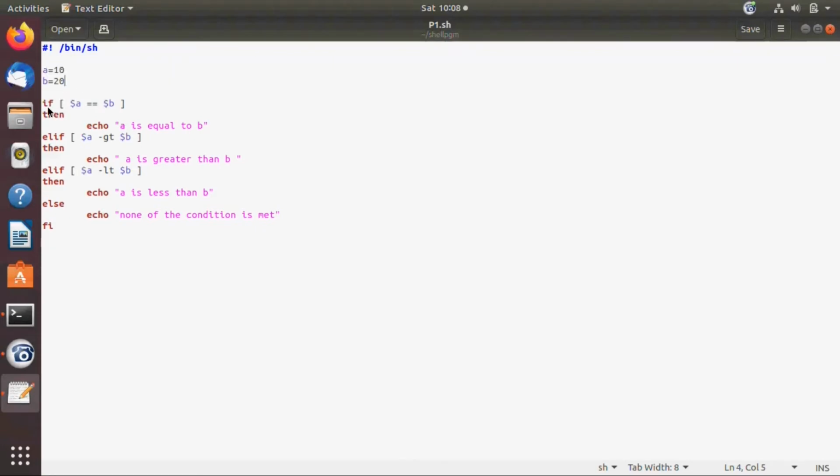After that you are using the if condition. You use the if keyword and the condition you have to check inside the square brackets. If $a is equal to $b and it is true, then echo a is equal to b will get executed. If it is not equal, then else if. For else if you need to use the keyword elif and then set the condition.